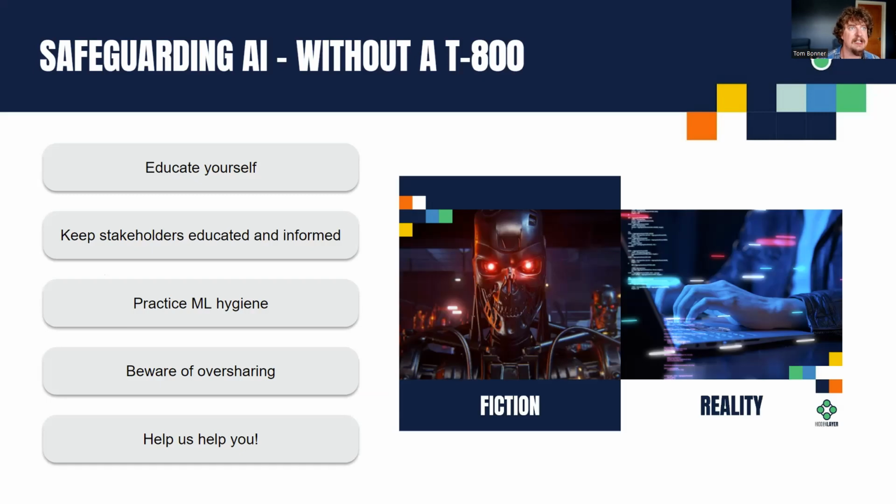In order to protect against adversarial attack, one of the most important things is to educate yourself on the potential avenues of adversarial attacks on your systems. Ensure that you keep your stakeholders and decision makers informed and educated, and lead with security practices rather than implement them retroactively. Follow ML hygiene and don't download pre-trained models to production environments. Always use a sandbox. Oversharing can be the difference between an adversary knowing what type of model you employ in the back end or not, letting them stage a gray or even white box attack.